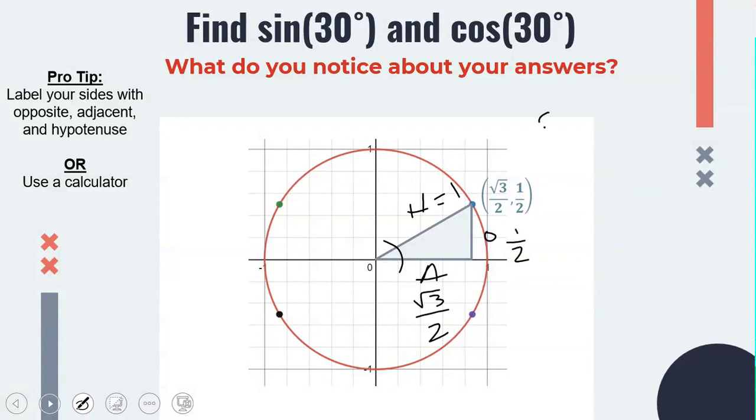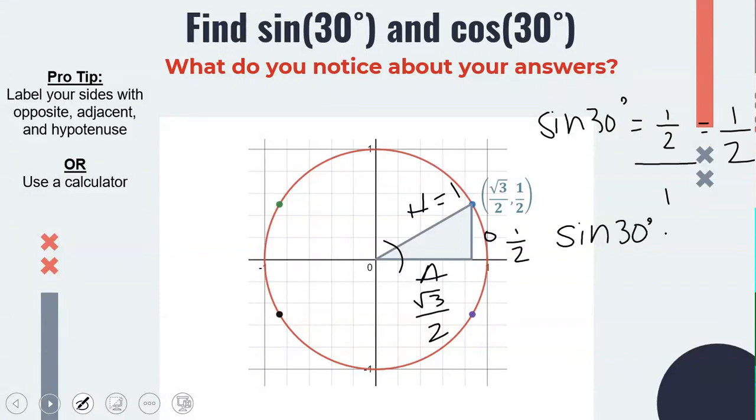If we found sine of 30 degrees using SOHCAHTOA, opposite is 1/2, divided by the hypotenuse, that's just 1/2. Also, if you punch sine of 30 degrees into your calculator, you'll get 0.5. Fantastic. So that checks out from our calculator, as long as we're in degrees mode. Our calculator says sine of 30 degrees is 0.5, and from our trig proportion, SOHCAHTOA,